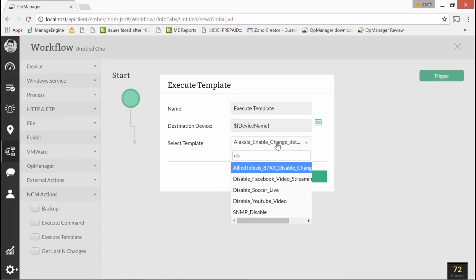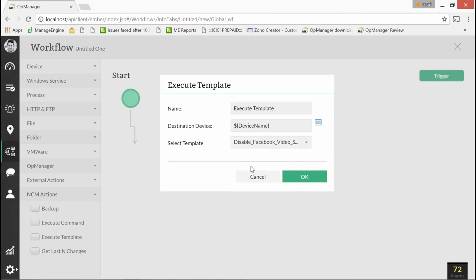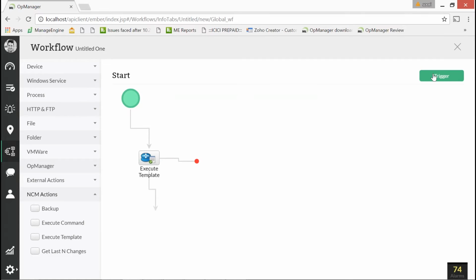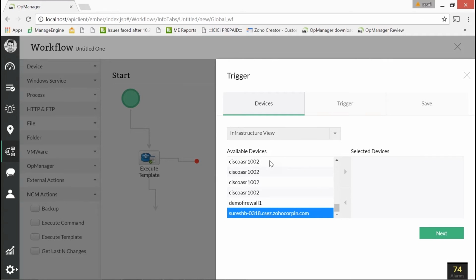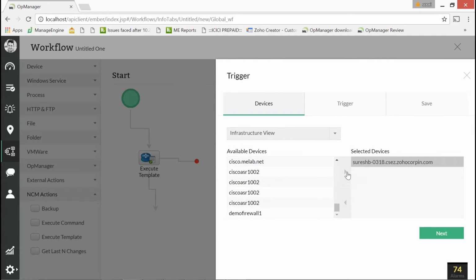For example, let's assume that everyone was watching Facebook videos and you want to disable the Facebook video streaming. You can create a configlet, and it will be available as a template inside the network configuration management. If you want to disable this, all you do is drag and drop this task, select the respective template, hit the trigger button and select on which device you want to apply this configlet to,